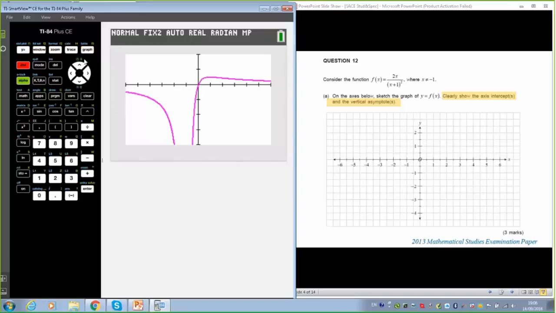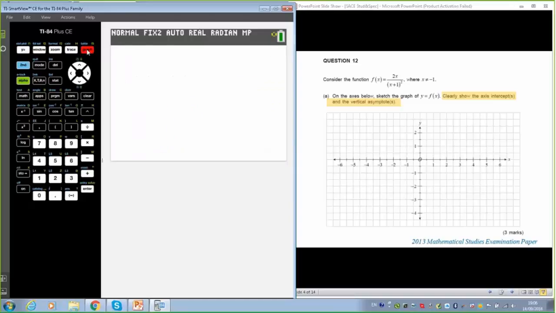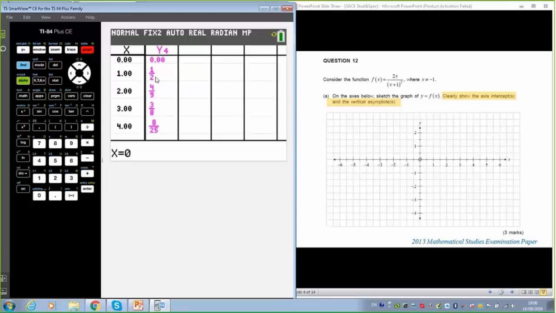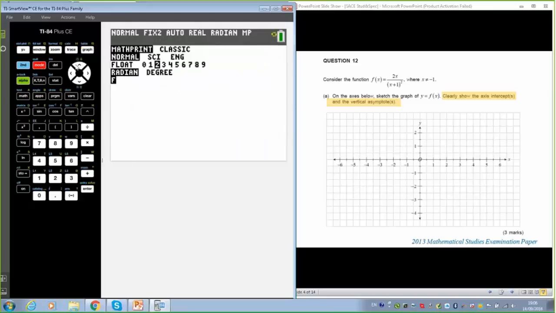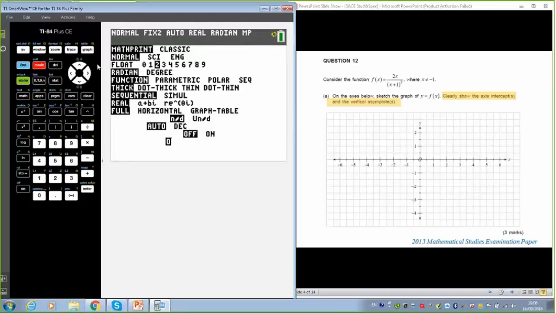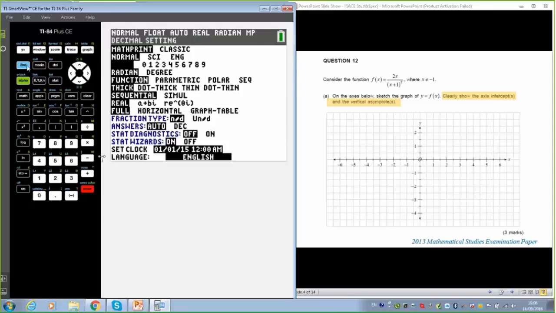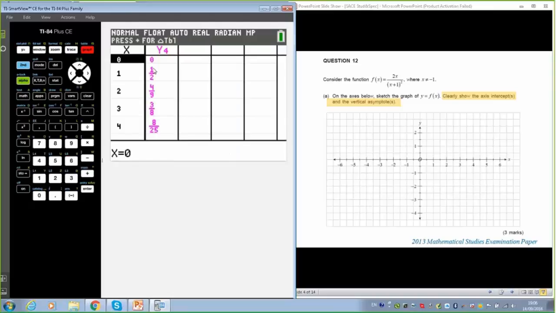We can go to table and see that, oops, I've still got it on, so I'm just going to go to mode for a second. I've still got it on float for 2, so I was doing some work to do with financial maths, and I wanted it to be for dollars and cents. So there we go. It's come up like this with the fractions because of the way that I typed it into the calculator. But I can change that if I want to. But I'm happy with that for now. It doesn't matter too much for me.